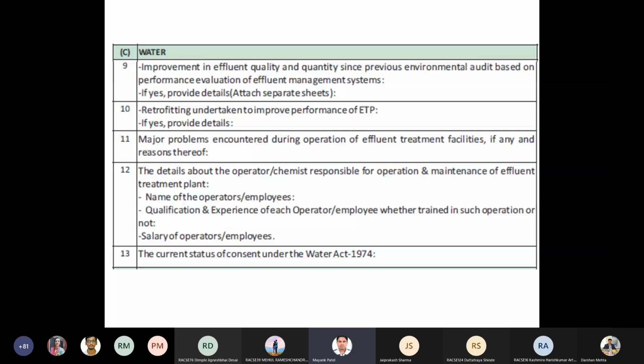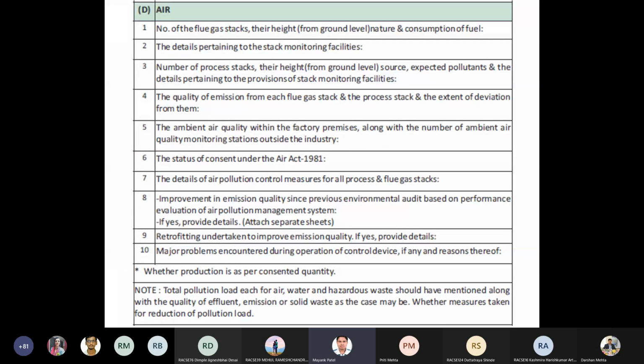So how many years it is valid for, that also you need to write down. Similarly for the air also, what is the consent status under the Air Act, that also you need to mention. Then in the air section you will mention the number of flue gas stacks, their height from ground level, their nature and consumption of fuel. Sometimes you are using coal and the coal has higher sulfur content, then the problem